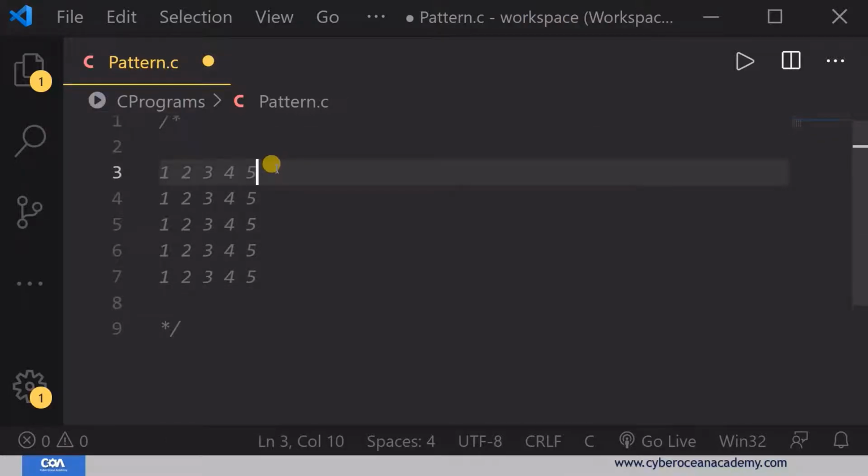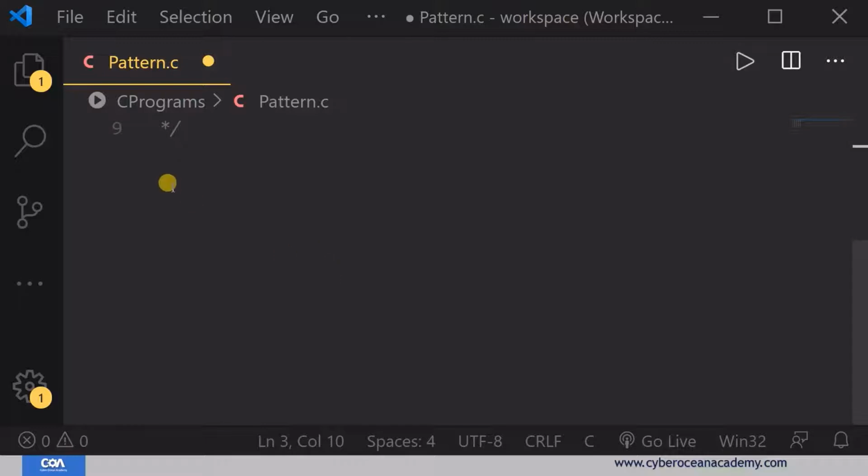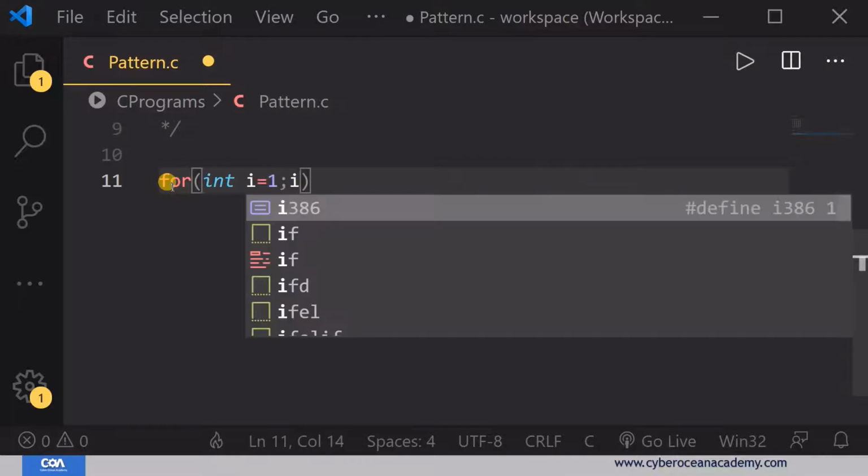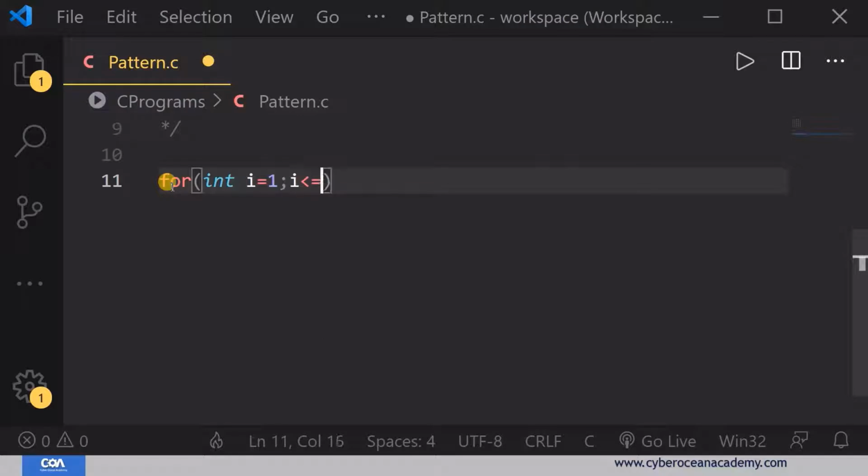What will your first for loop tell? I'm going to write some logic here, the logic, not the program.